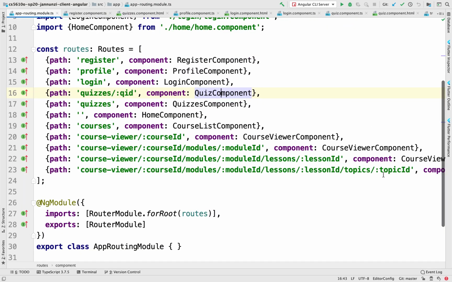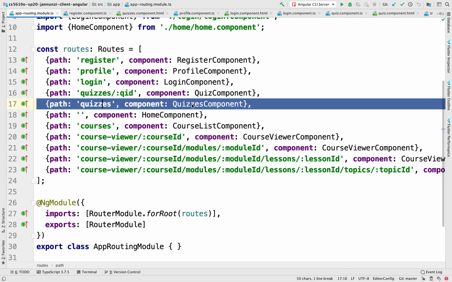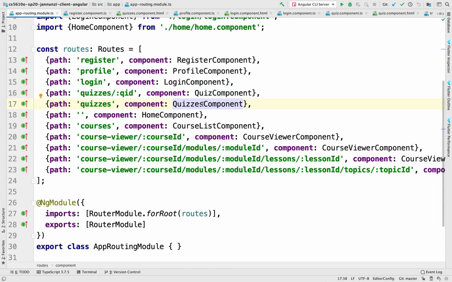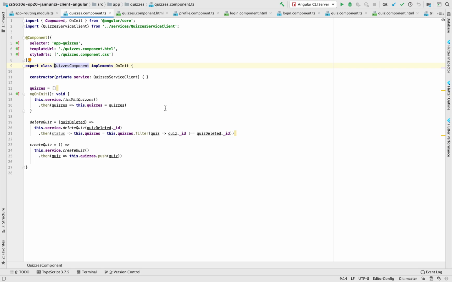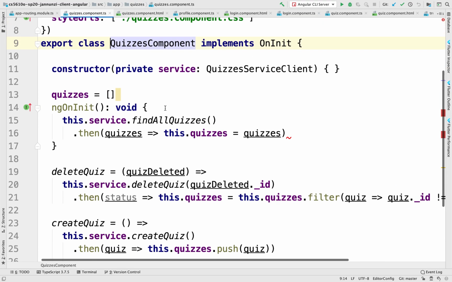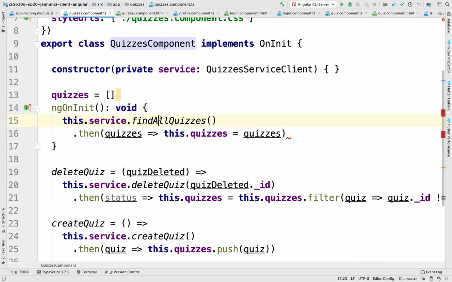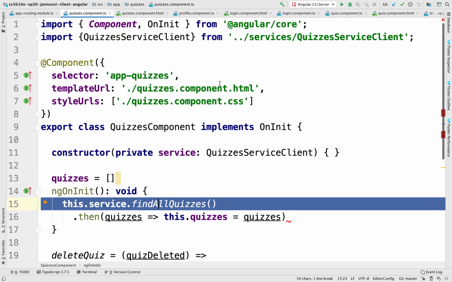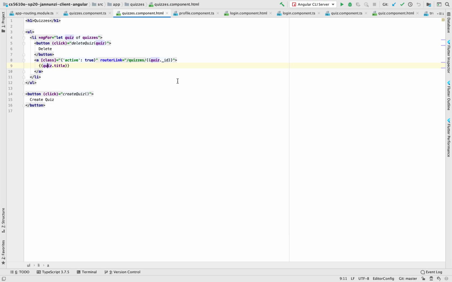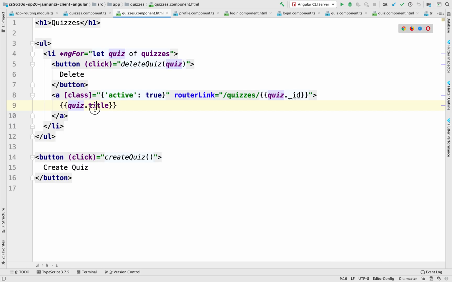If you say quizzes, then we have the quizzes component, which only fetches all the quizzes,